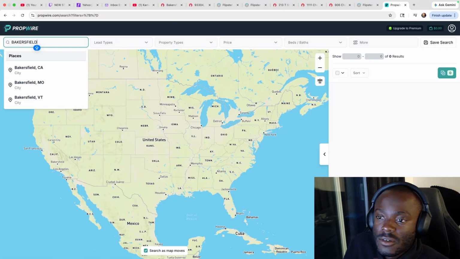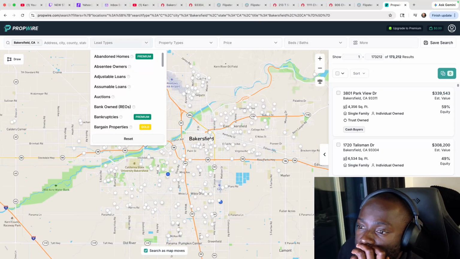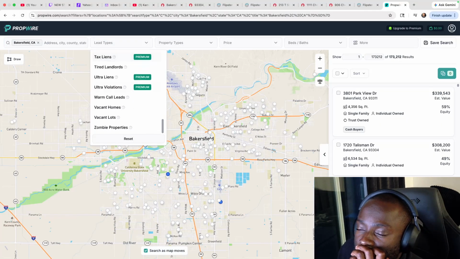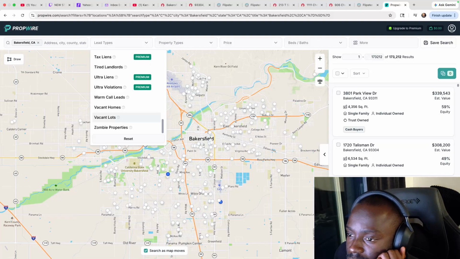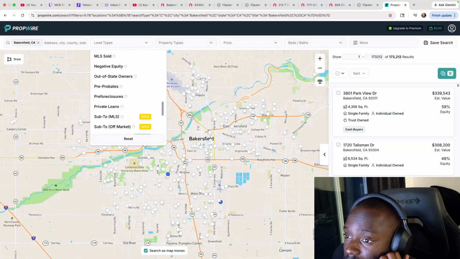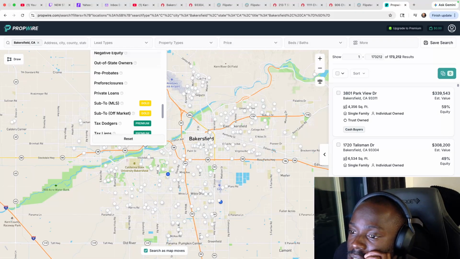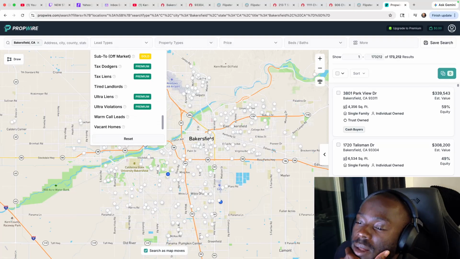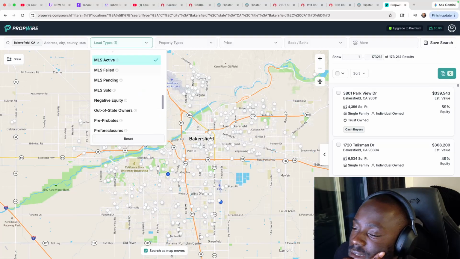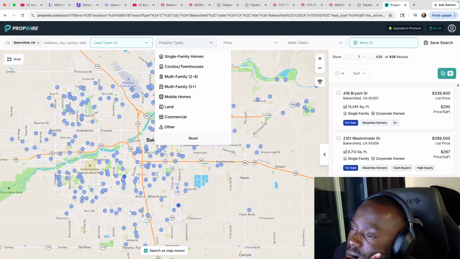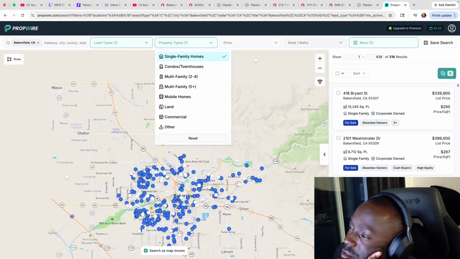So we're going back to Bakersfield, California. We want MLS. Look at all these different kinds of leads you guys could pull. We want to see if this thing really works, you know? So we're looking for MLS active, and we want single family homes.